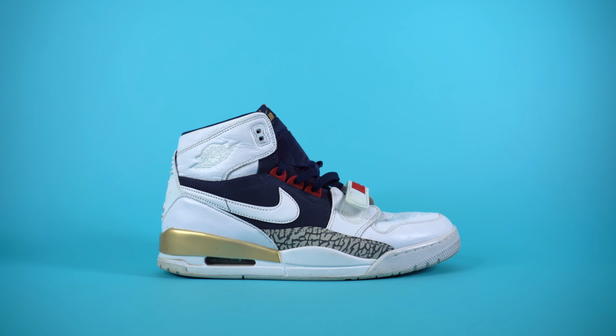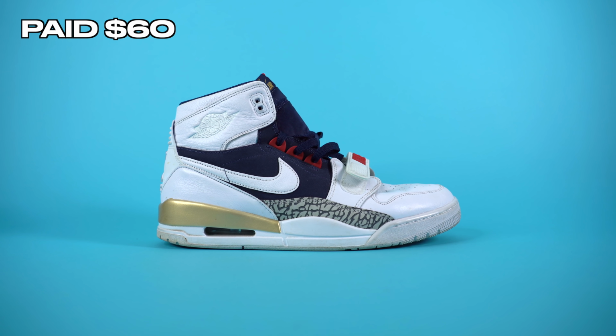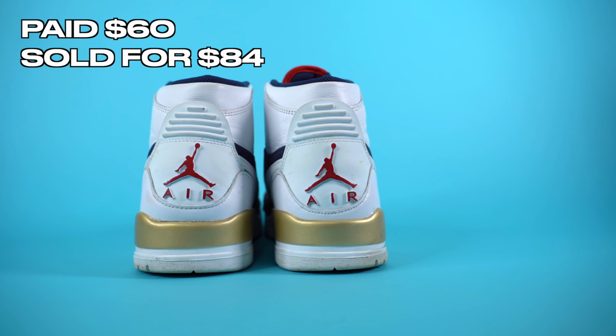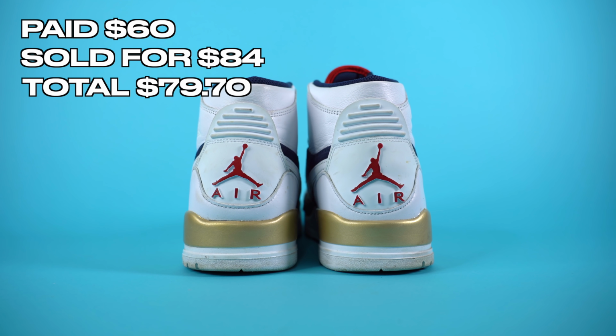The next sneaker that we sold were the Jordan Legacy 312s in the Olympic colorway. We grabbed these from Plato's Closet for $60. We ended up selling them on eBay for $84. I believe I took an offer or something like that. And after fees and shipping, we were able to add $79.70 back into the sneaker collection fund, which left us